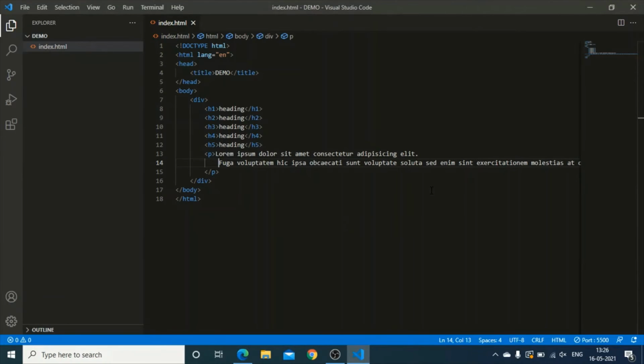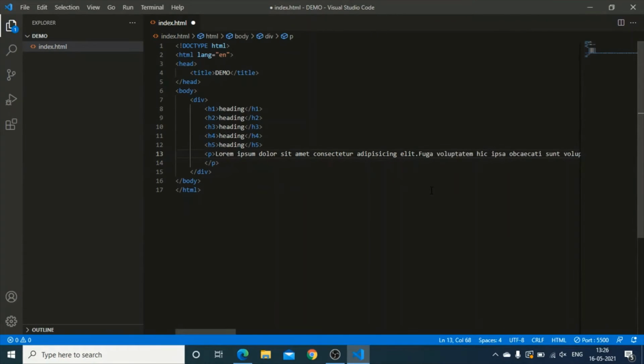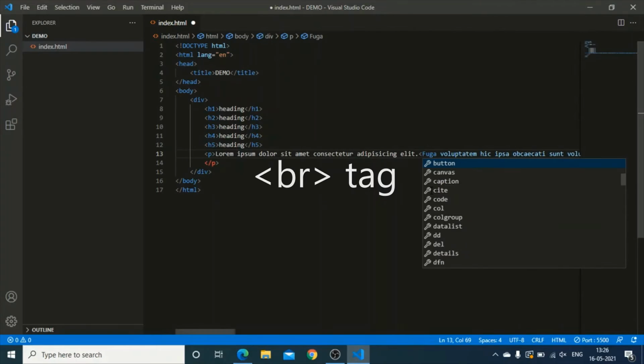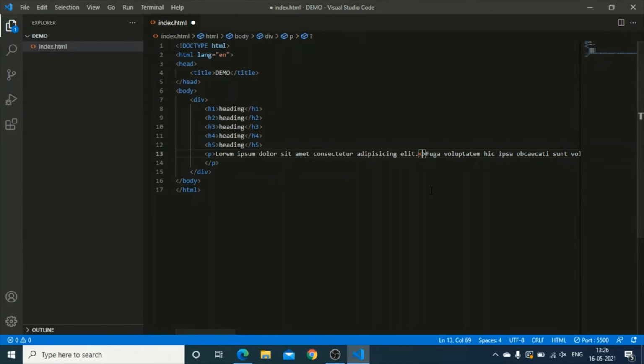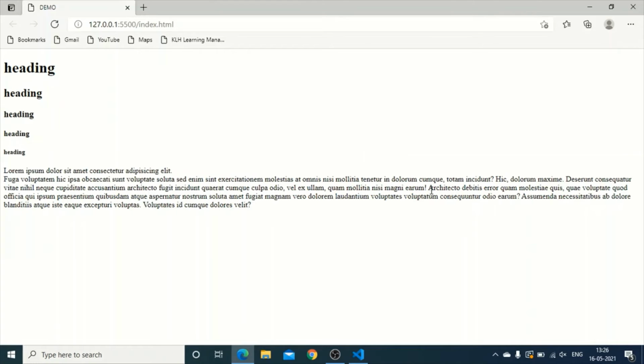To get that line break, you need to use a tag, BR tag. It's called BR tag. You need to put as BR. Okay, BR tag, and then save it. Just scroll. Yes, now the enter is visible. The line break is visible over here. Line break, you need to use BR tag. This is very important. Please remember this.